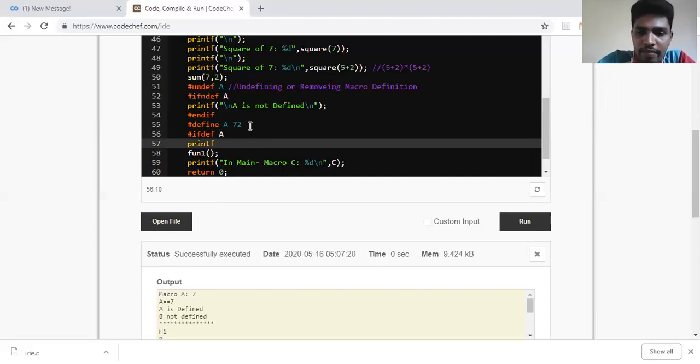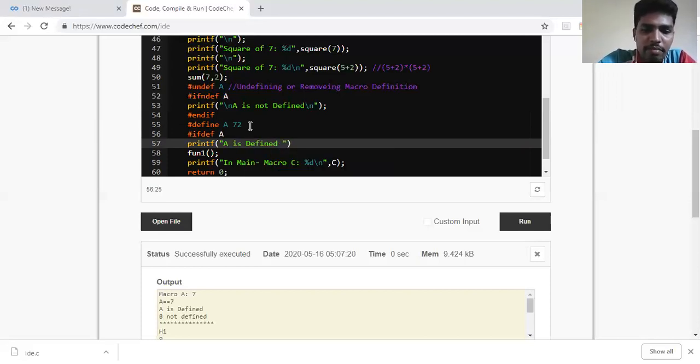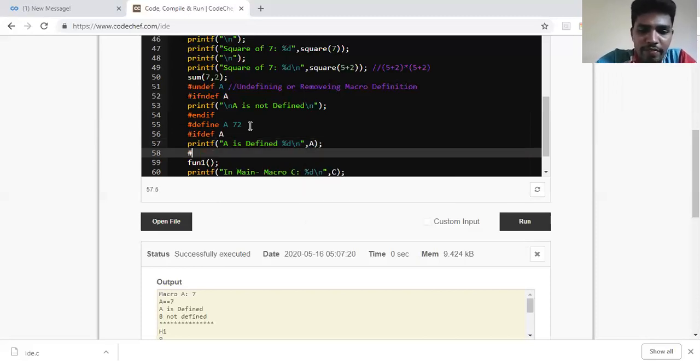So printf A is defined, percentage D is a value of it, integer. I'll be writing A. And then I should be writing endif because it's an if control directive.